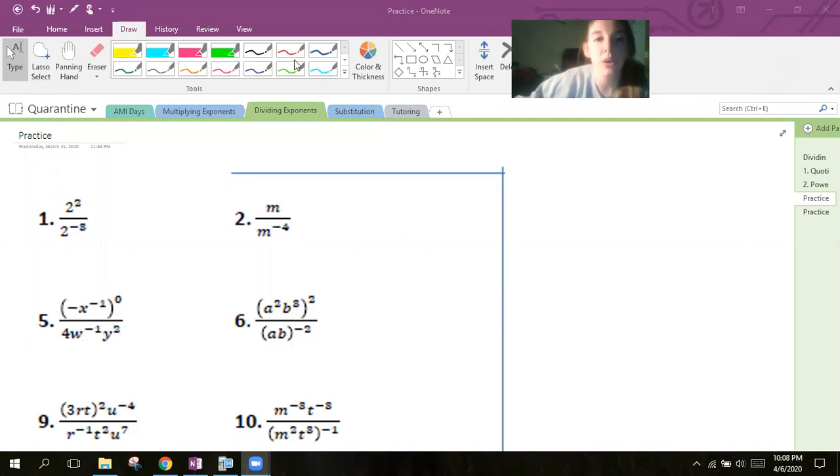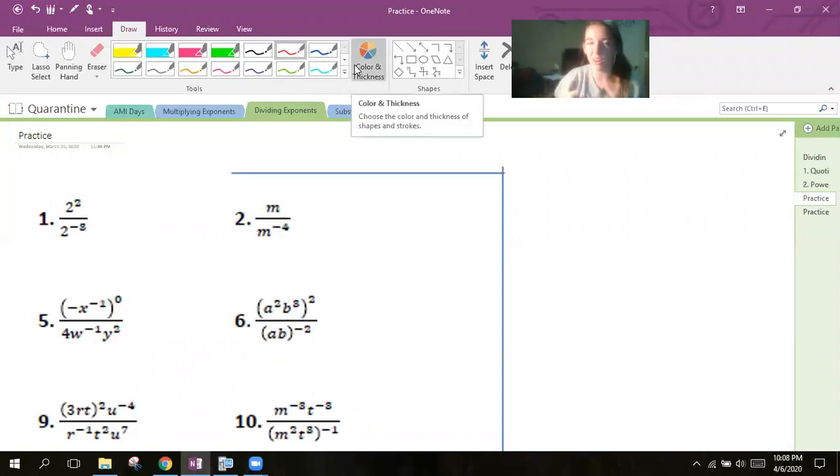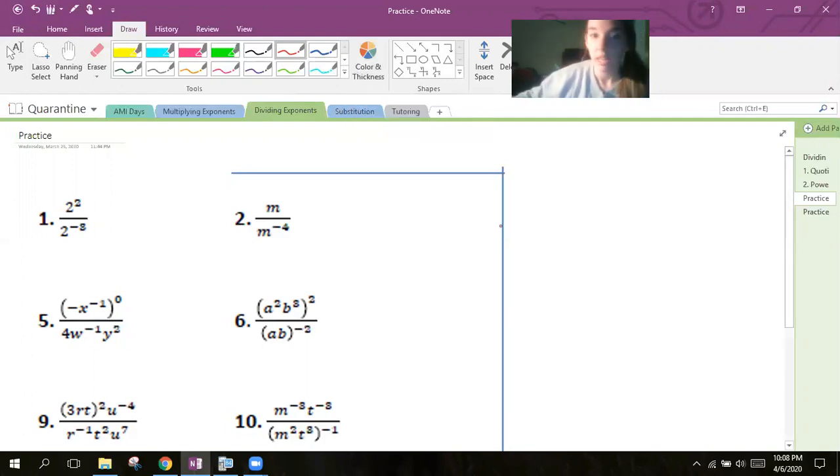All right, so the next one we are going to be dealing with is kind of all of these are a mixture between the negative exponents and the zero exponent. And so I don't know why they kind of split them up, but here we go. All right, so first thing